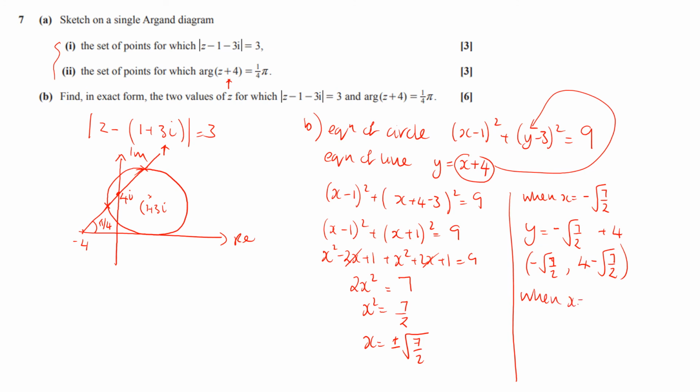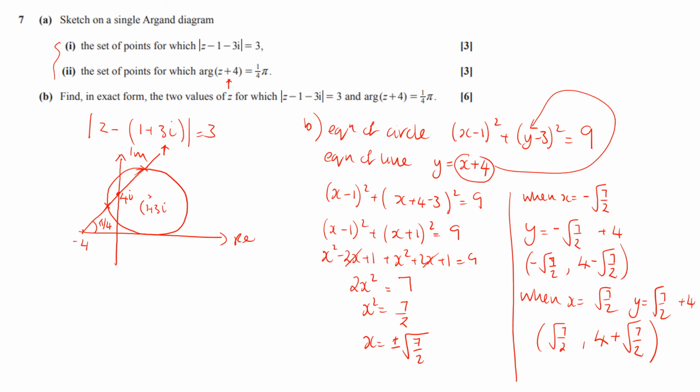When x is equal to plus root 7 over 2, y will equal root 7 over 2 plus 4, so that coordinate will be root 7 over 2, 4 plus root 7 over 2. So they are the points in terms of the x and y, but all you need to do now is just interpret them as